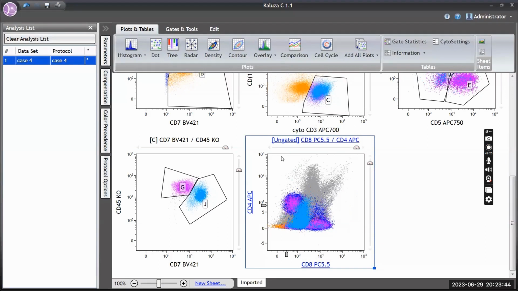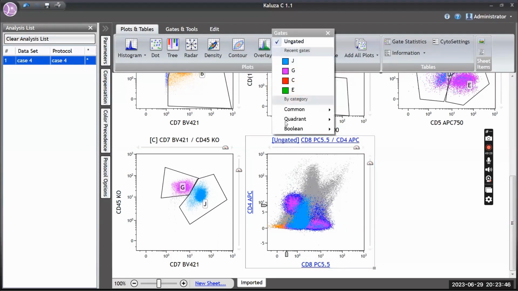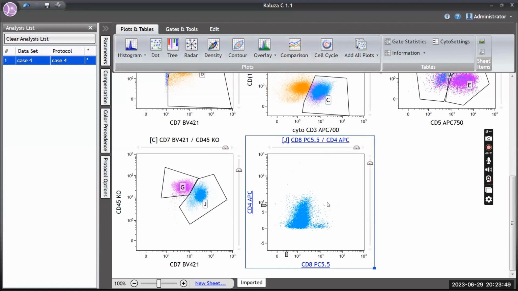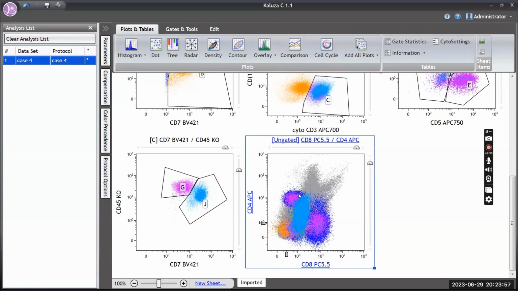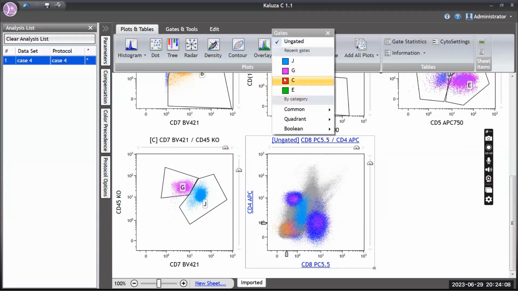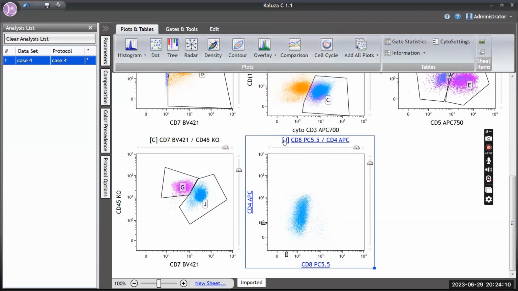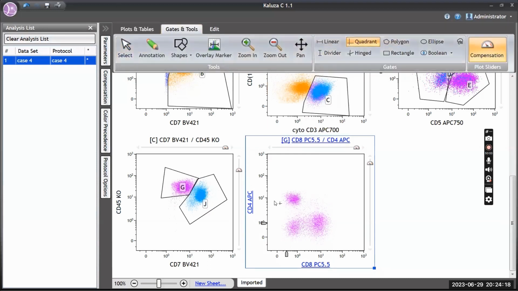Let's drop the most suspicious population, which is J population. So once I put J, you can see that it is variable for CD4 and it is negative or dim for CD8. Okay, so that is an unusual pattern. If it is normal, let me put G for you. This is normal pattern, where you can find some 4 population, some 8 population, and some